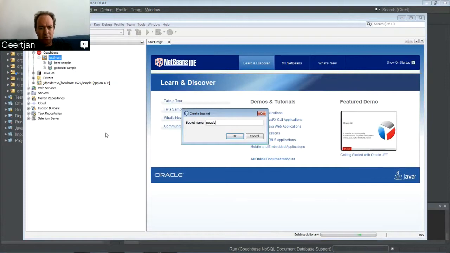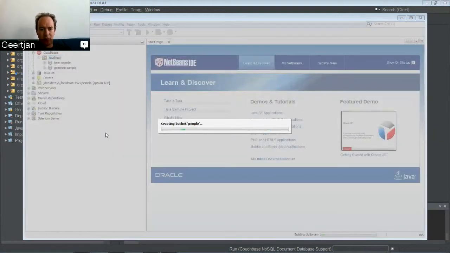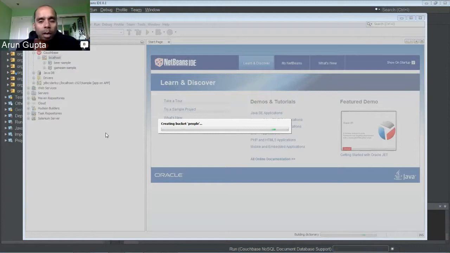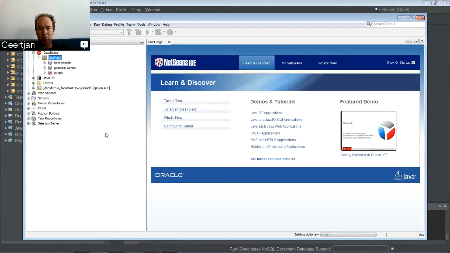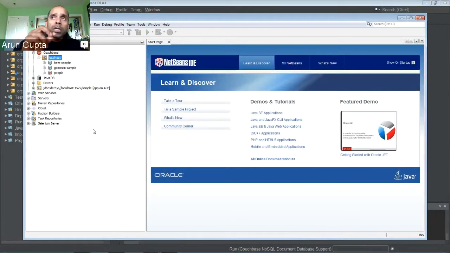So I'll have documents about people here. Now you can see a bucket is being created. Oh, I like the progress bar. Yeah, you can see a progress bar and it covers the entire screen, so you can't do anything while this process is happening. Should it really be a modal window in that case? Yeah, I think so. We're basically blocking the screen until the process is complete. Because typically in NetBeans, what I've seen is if I start my server, then on the bottom right I see the server starting up as opposed to a modal window. I know, but